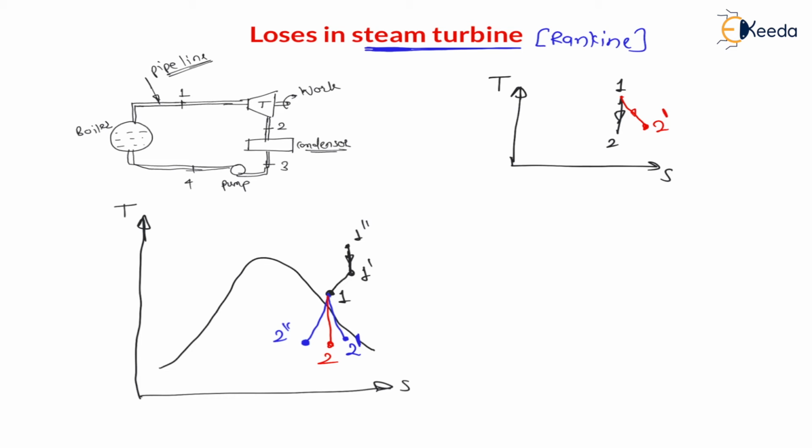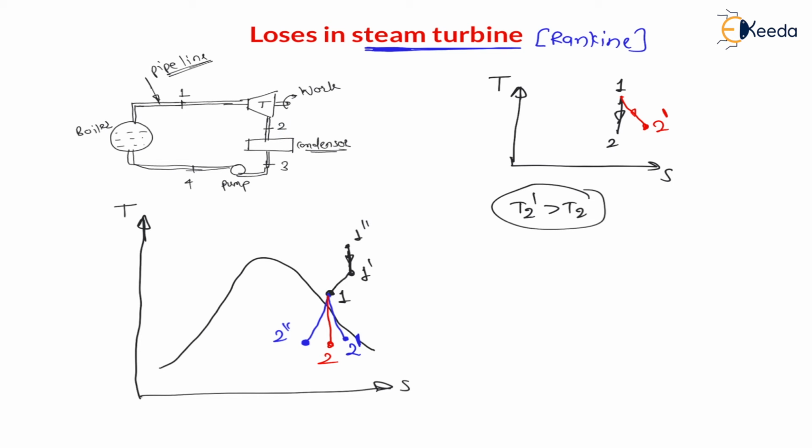And my dear students, because of friction in the turbine, definitely T2 dash will be more than T2. Because of friction, this T2 dash will be more than T2, right? Always because of friction there will be frictional heating, that means temperature increases and entropy also increases. So my dear students, turbine is a work producing device, and whenever in any work producing device there are losses, it will produce lesser work as compared to isentropic work. Whenever there are losses, the component always produces lesser work as compared to isentropic work.